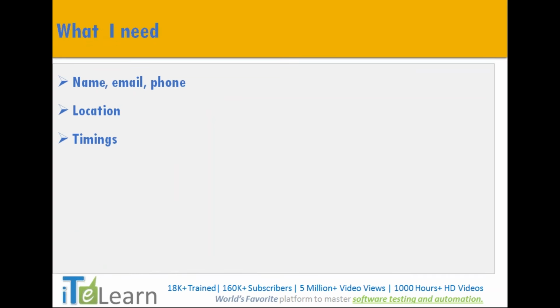So what next? What do I need? Your name, email, phone, location, and timing. Team, I will be uploading an Excel sheet on the site, and you need to put all the details in that sheet, so I can divide you into two teams by timing and location. Only this information will I need from your side. And lastly,